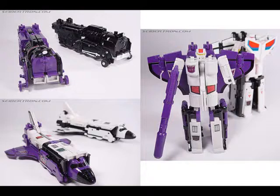I always wanted to get an Astro Train, and he's so awesome. Just this big chunk of die-cast locomotive. I mean, he's a G1 toy, so his arms are all tiny and flappy, but it doesn't matter. It's G1 Astro Train. He's amazing. Triple changes are my other favorite gimmick in Transformers, and he was like the first one,